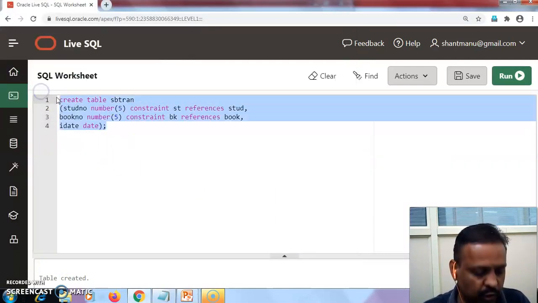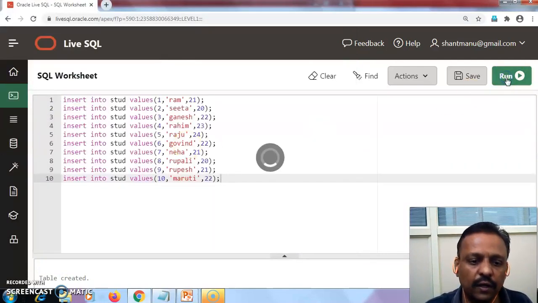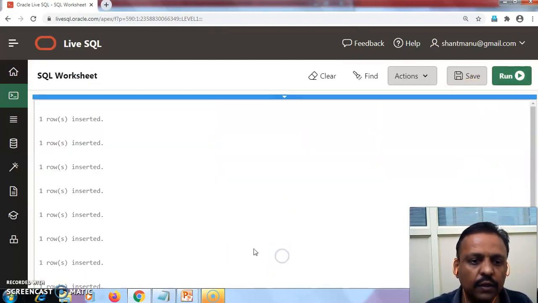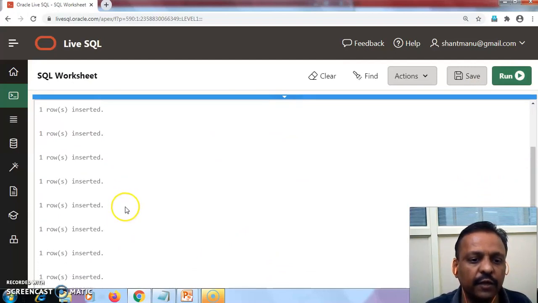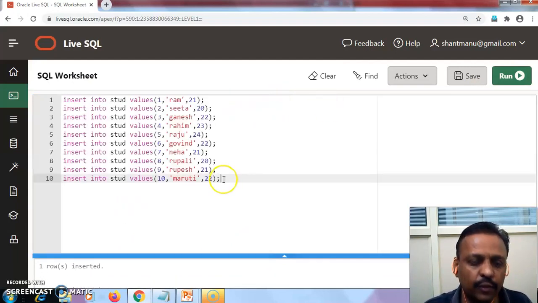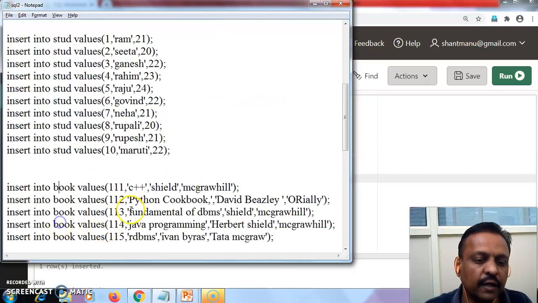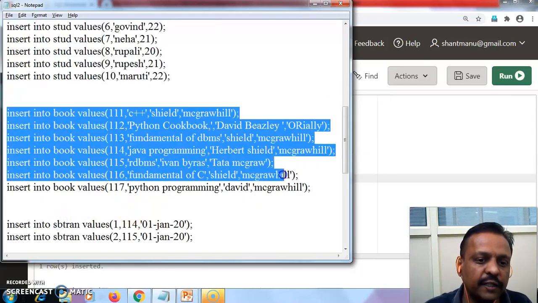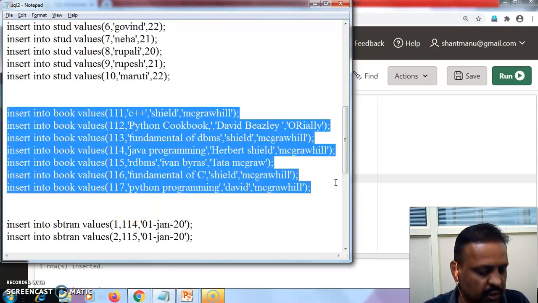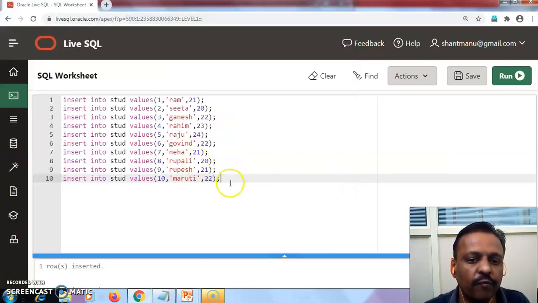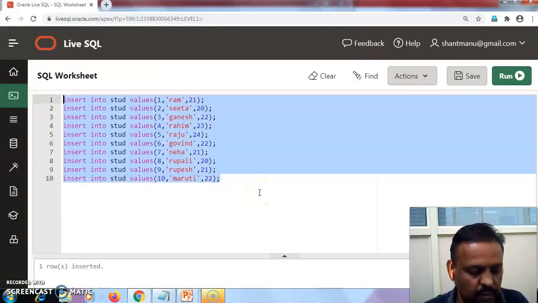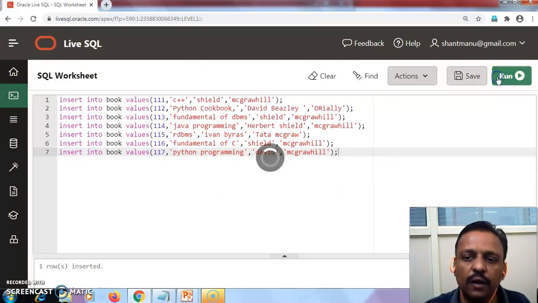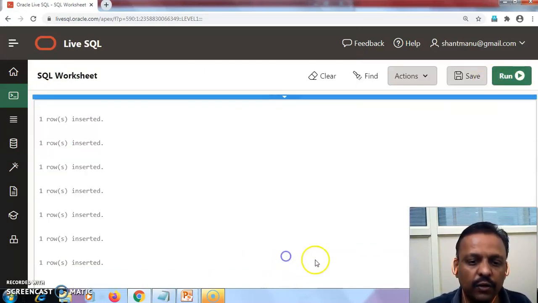So just put it here. So these rows get inserted into the table. Then next, in the book table also I have inserted 7 book numbers. That rows get created, 7.